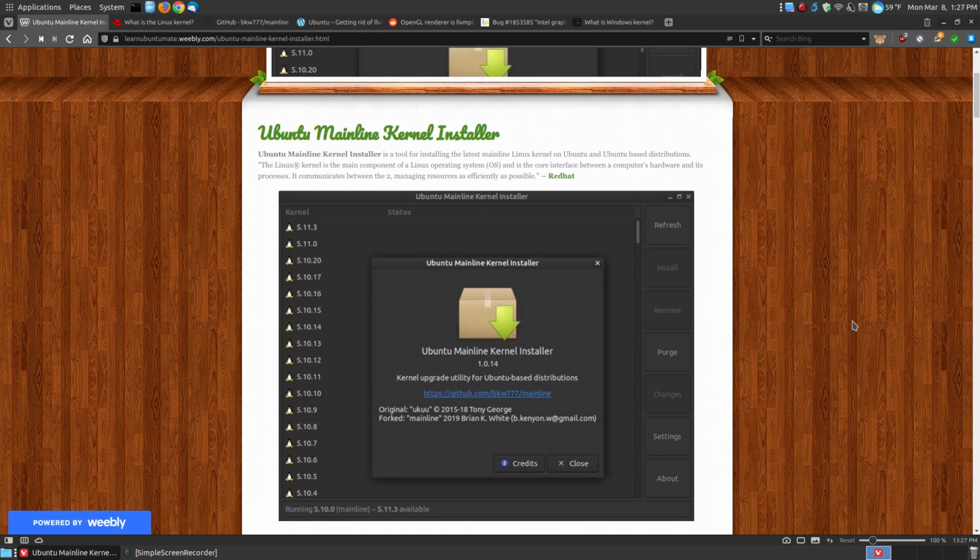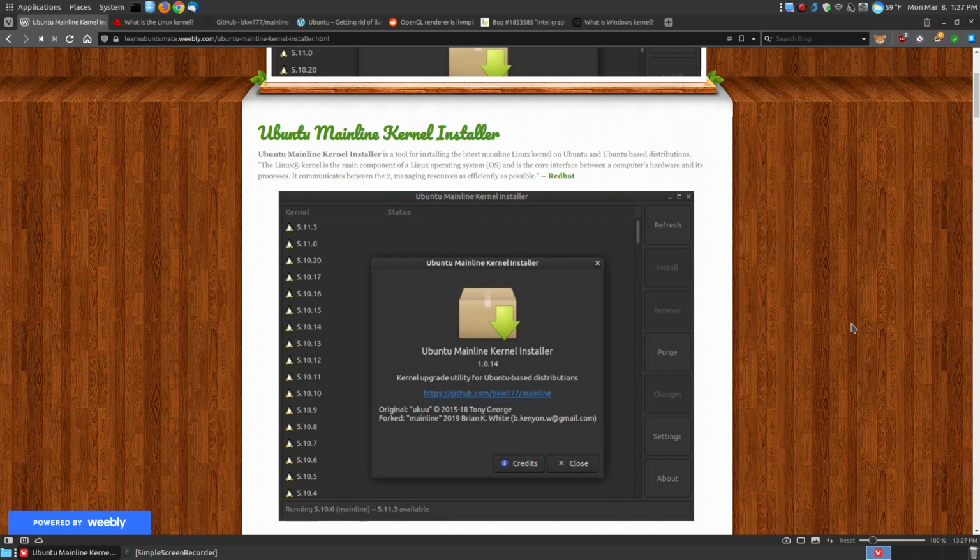Now, for the most part, most Linux users will never have to change their kernel. The reason I say that is when you install Linux, you have a kernel for the long-term support, and eventually, if you have the hardware enablement stack enabled, then it will get the most stable kernel installed with your updates. In the most current version of Ubuntu, the long-term support enabled the hardware enablement stack by default. But in a past video, I showed how you can enable the hardware enablement stack for Ubuntu 18.04 and